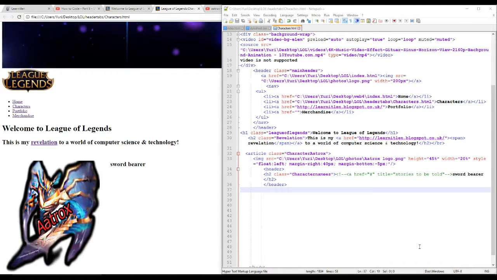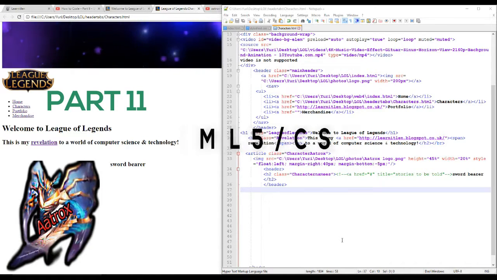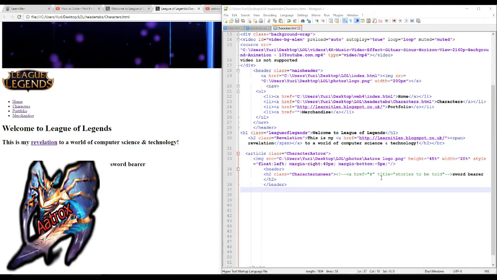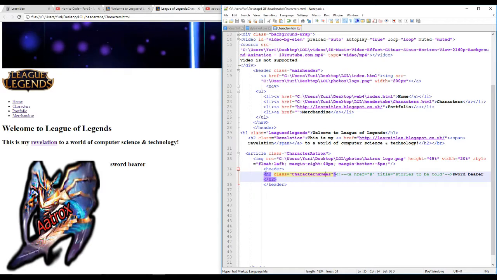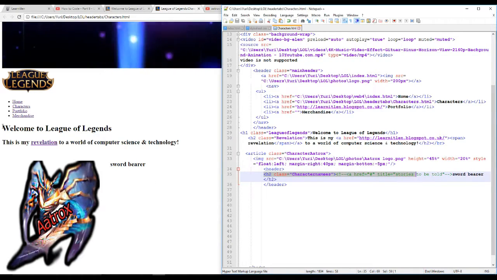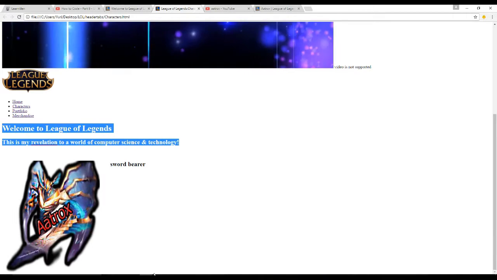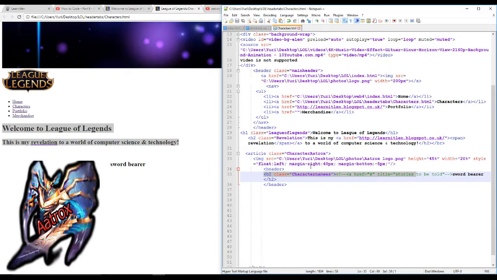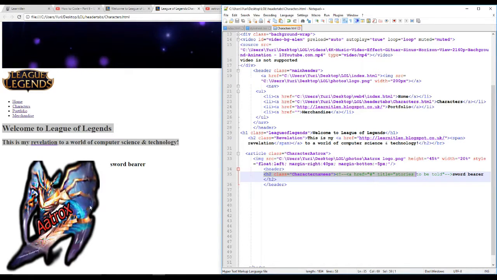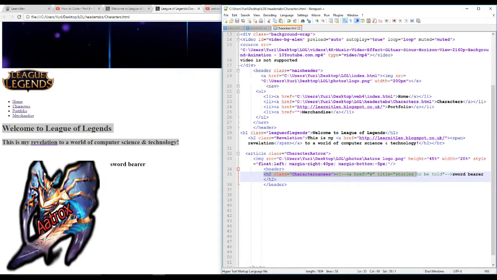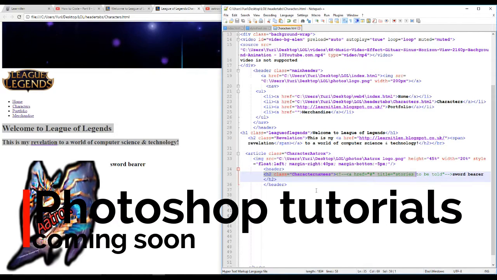This is part, actually what part is this? Part 11, that's it. If you remember from part 10, where we left off was we were doing H2 class names and stuff like that, which is, as you can see over here. So, welcome to League of Legends, it's up here, and we started focusing on getting the image up and so on. I didn't actually show you how to do a bit of Photoshop in order to stick it down. Yeah, but anyways,